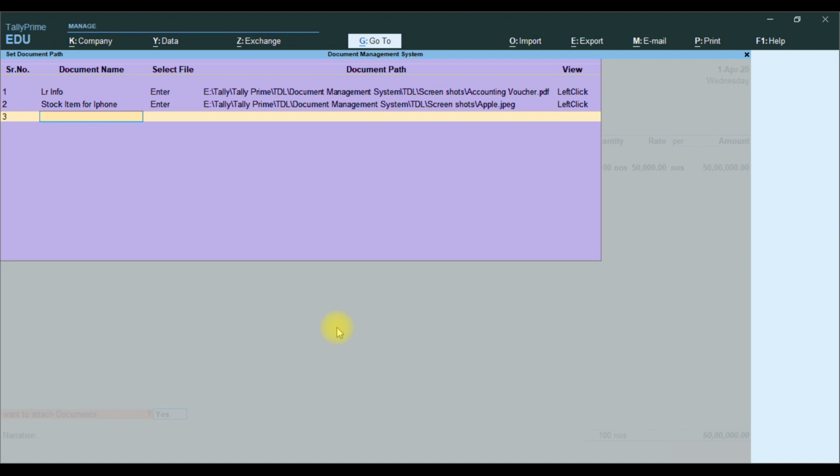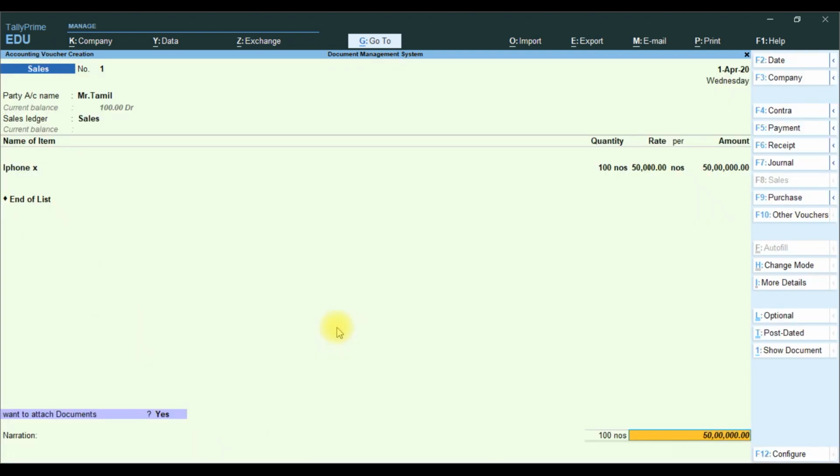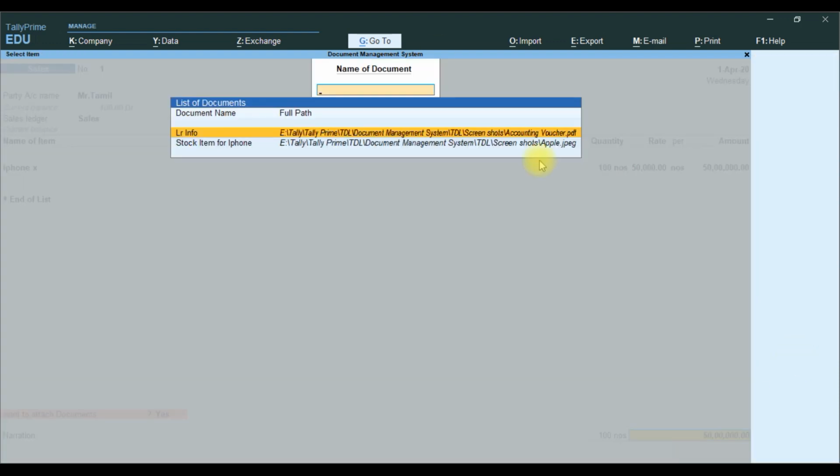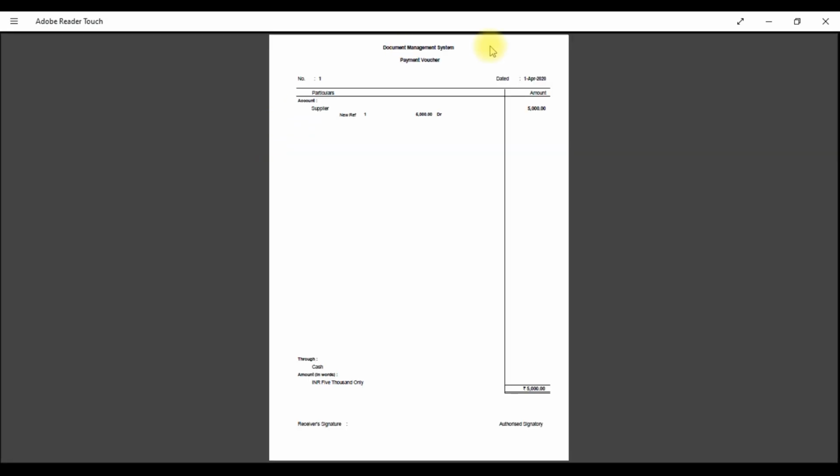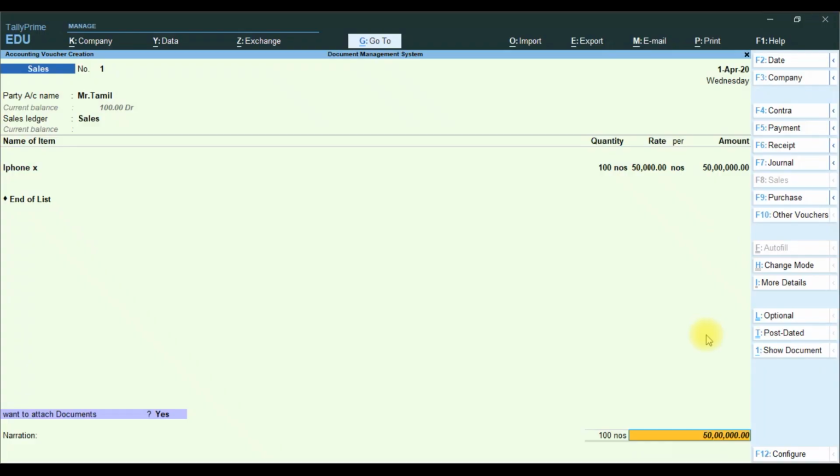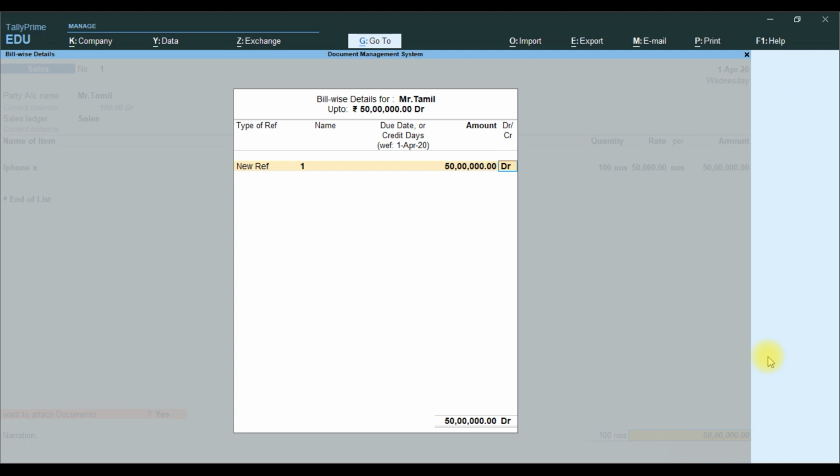We attach n number of documents, save. If you want to show the document, show document, it will show the document. If you want to preview the document, you select preview, it will show the preview. Then save the transaction.